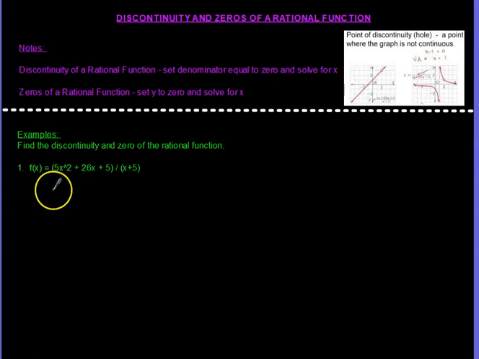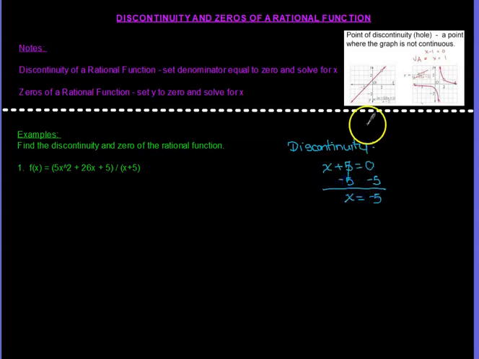And starting off with number one, I'm going to just find my discontinuity first because it seems simple enough, right? You just set your denominator equal to 0 and solve for x. So for my discontinuity, I'm going to set the denominator equal to 0 and solve for x, subtract 5 on both sides, and x will equal negative 5. However, if you also look on the given graph, the point of discontinuity is a hole,